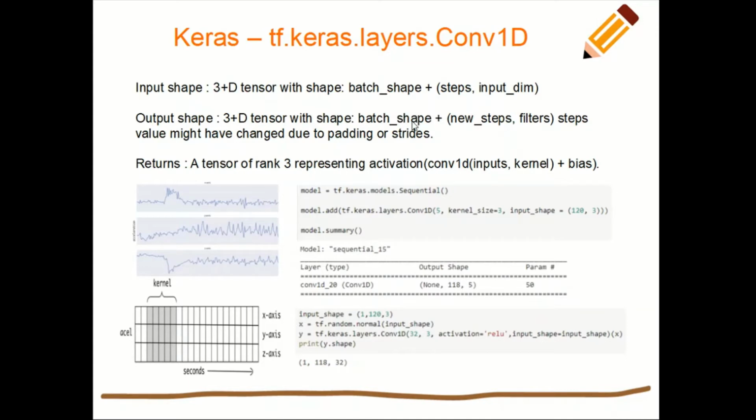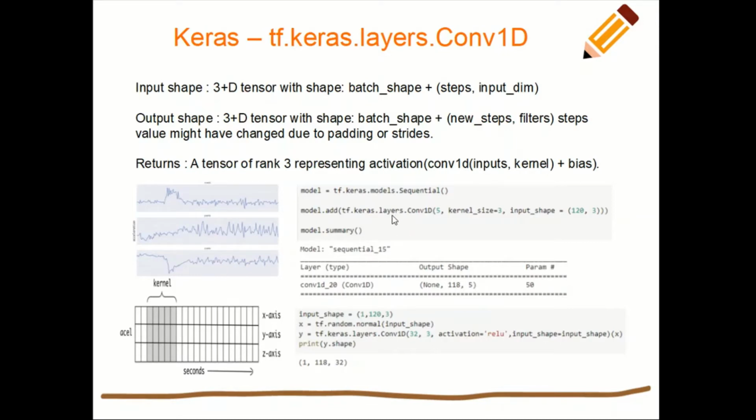It will not be very clear unless you see some practical examples, and that's exactly what we are going to do. Now let's say there is an accelerometer, right? The accelerometer has readings in the x direction, y direction, and z direction. If you take the readings of this accelerometer every few seconds, this is how it is going to look. These are the samples taken across the time axis, and for each sample we have three values because there is an x acceleration, y acceleration, and z acceleration, right?